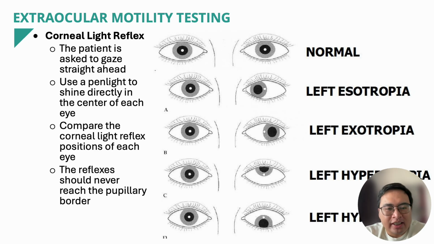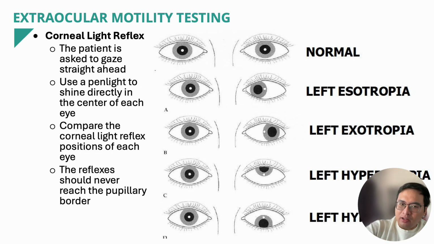So how are we going to assess whether there is a problem with the extraocular muscles? One of the ways you could do that is through the corneal light reflex. For this, you need the patient to be in primary gaze. So the patient should be looking straight forward at a distant object. So just ask the patient to gaze ahead, then you use your pen light to shine directly on the center